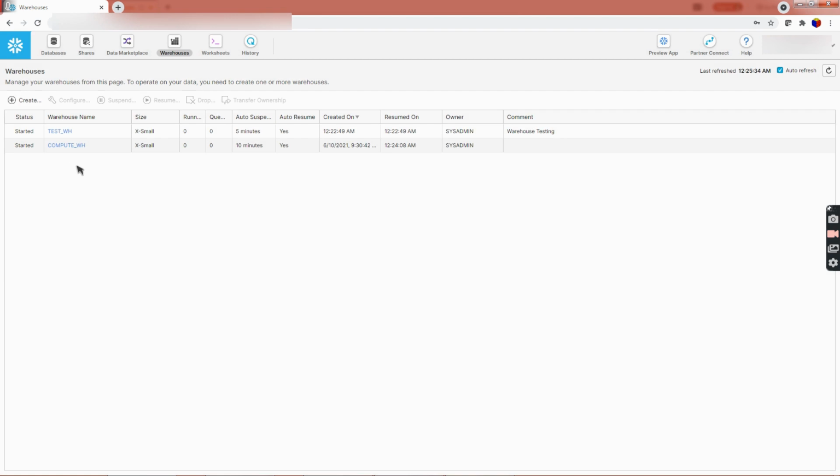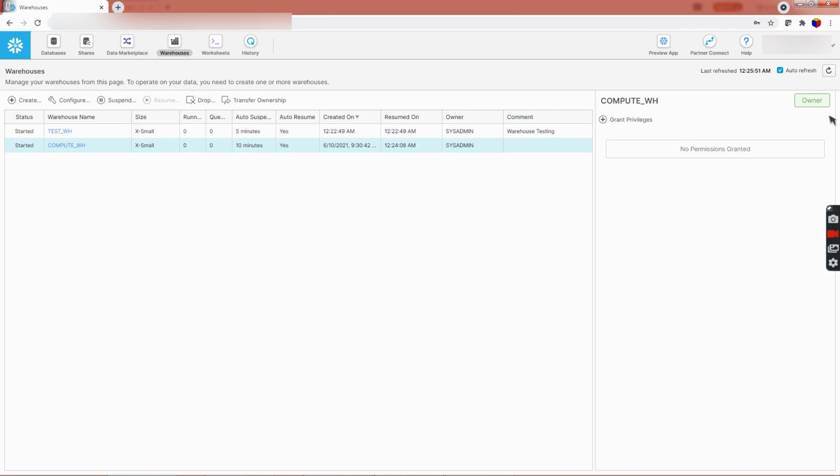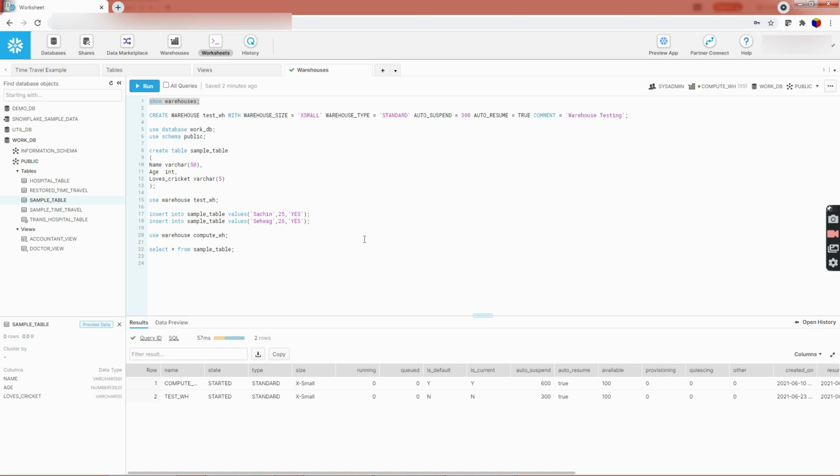To understand the credits and how it is functioning, you can just click on this over here. It will show the different warehouse count and how long it is running, and all these things can be fetched by seeing this tab, selecting the specific warehouse inside this warehouses button. Typically it's very simple.